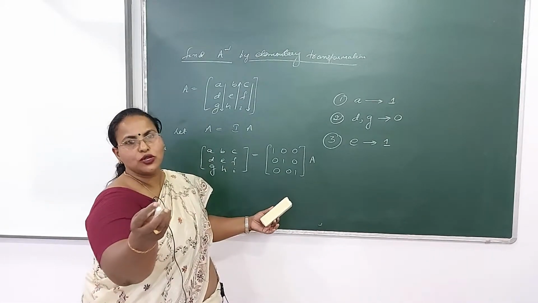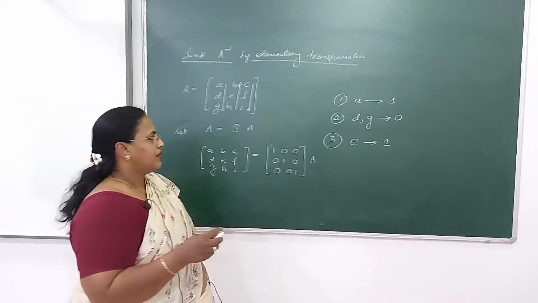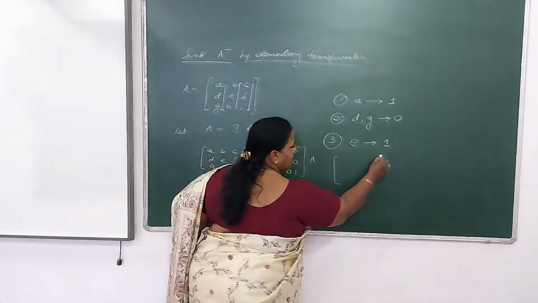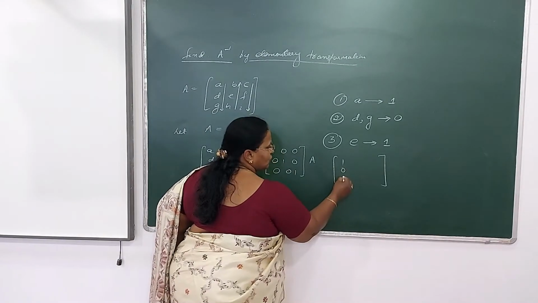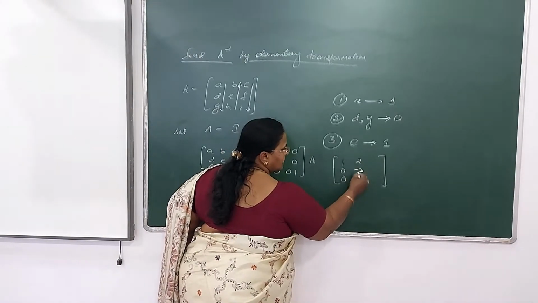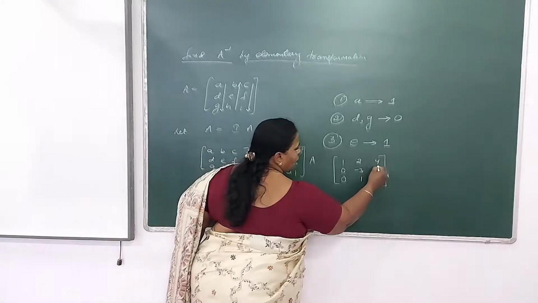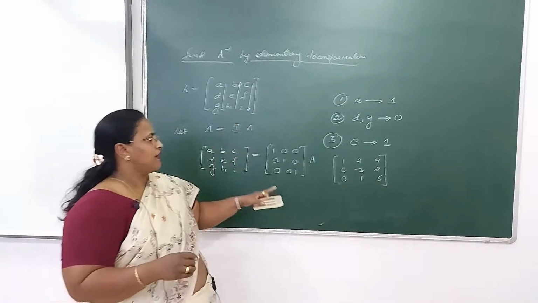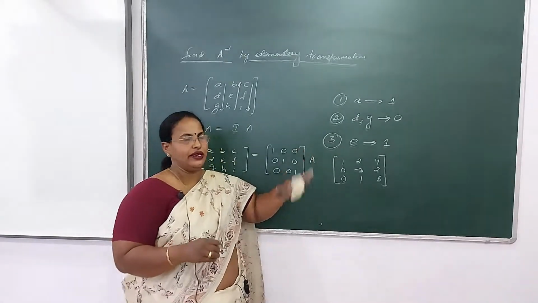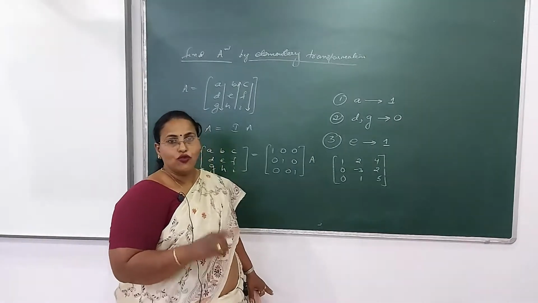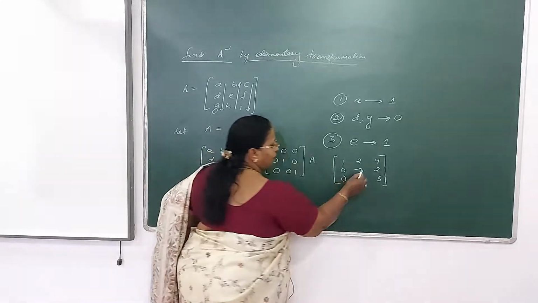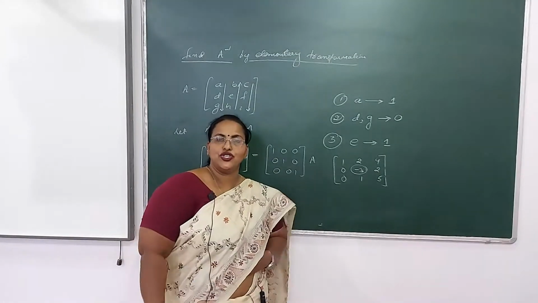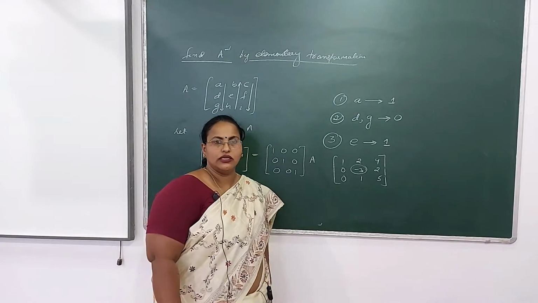Now what are all the possible operations you can do? Suppose after the first and the second step you are getting the matrix like this: 1 0 0, 2 minus 3 1, 4 2 5. If you are getting it like this, because after the first two steps definitely the first column is ready, now what to do? What is the third step? You have to make this position as 1.